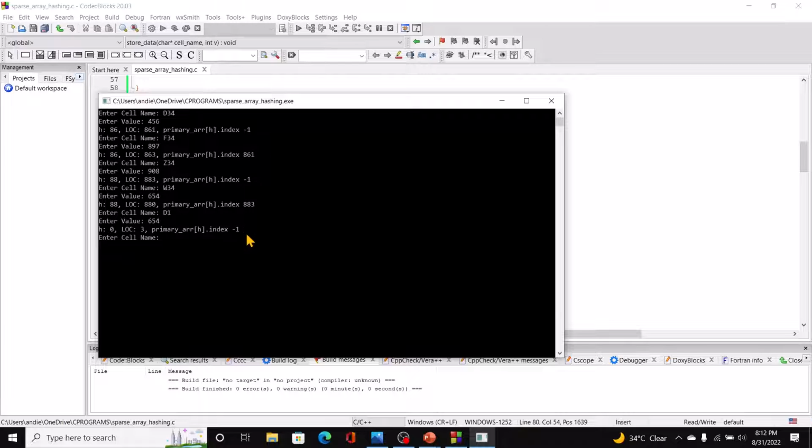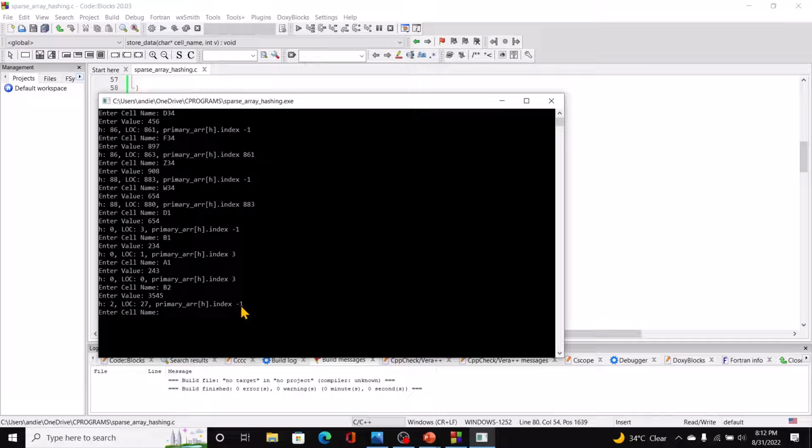Again we have index -1, enter B1 and enter some value, and now we have the same hash value, so a collision list is created, right? Enter, let's say A1 and put in some value, and again we have the same hash value, so that's a collision list. Enter B2, put in some value,